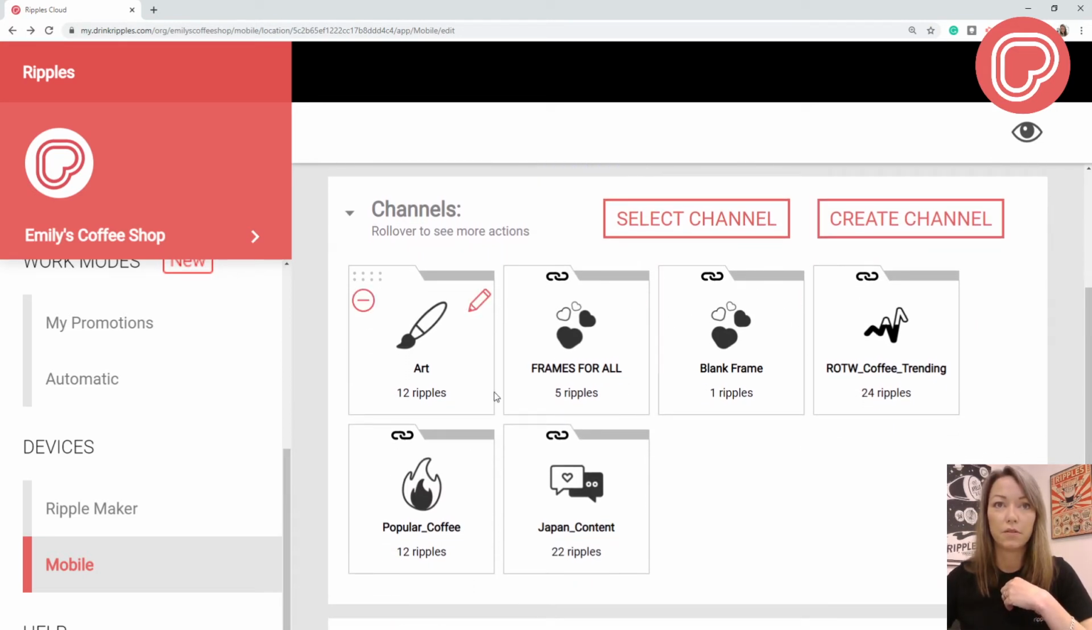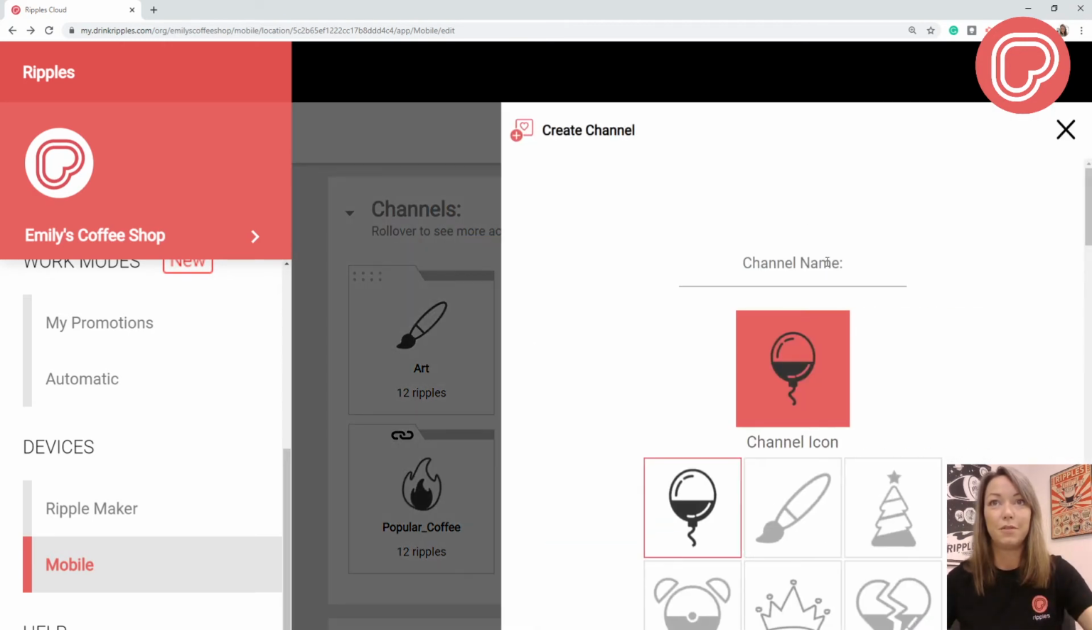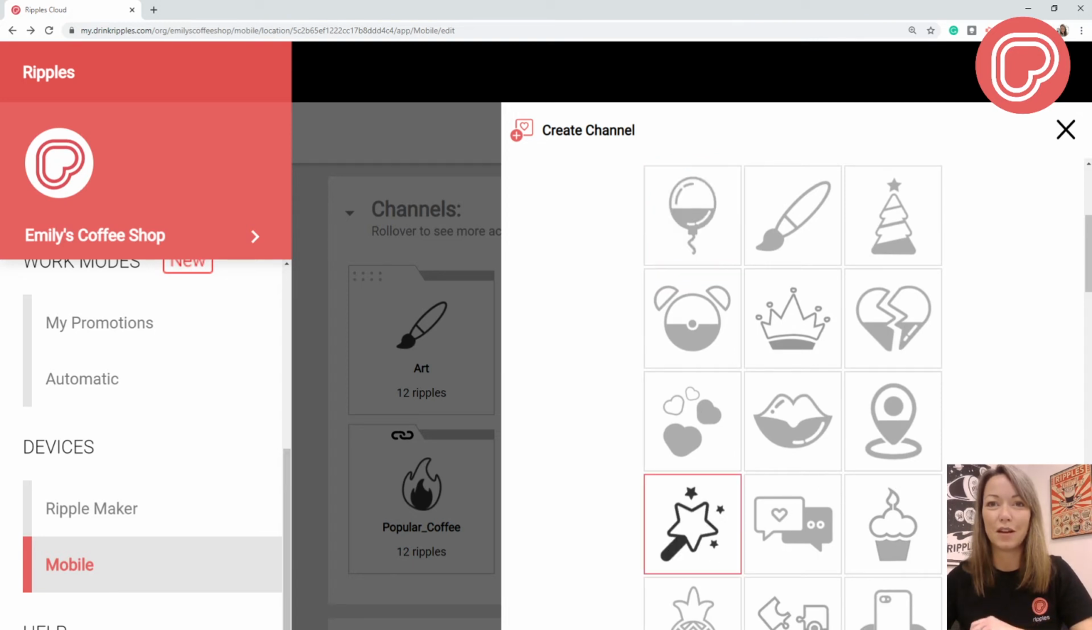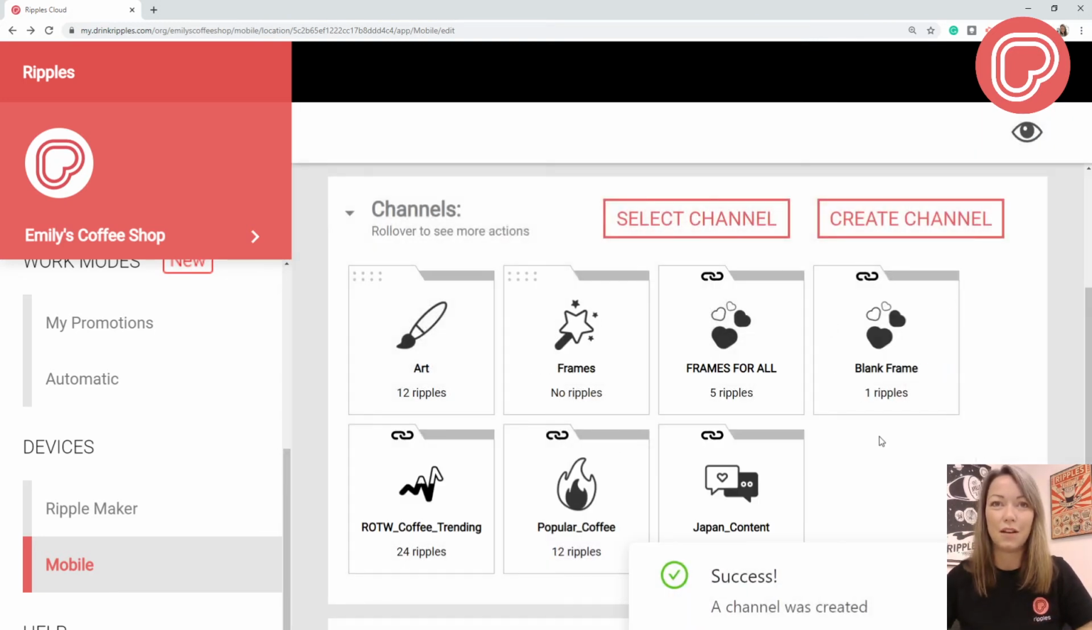We are actually going to add them. We're going to create a new channel for frames because we don't have a frame channel. I like to keep my frames separate just because I know that all my frames are in one spot. It helps me stay organized and I know what is in the app. So once we've created that new channel,